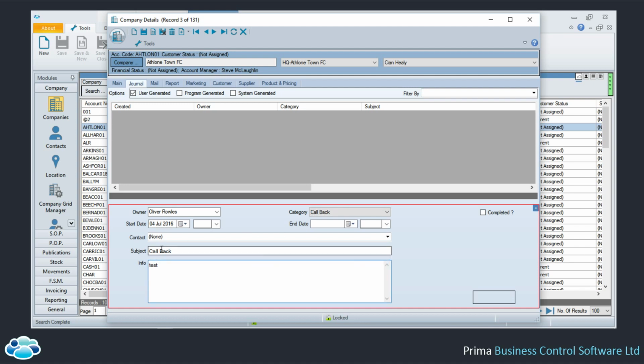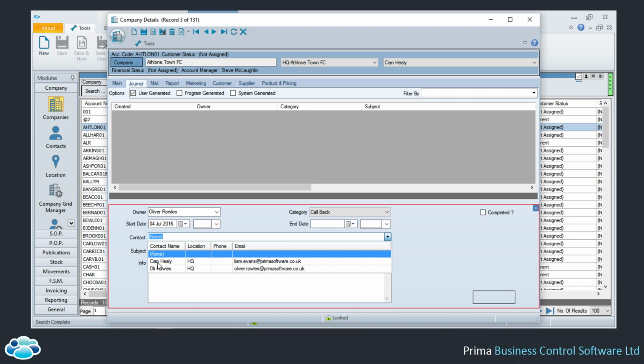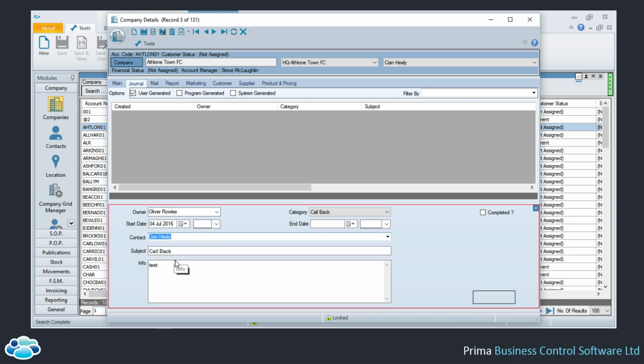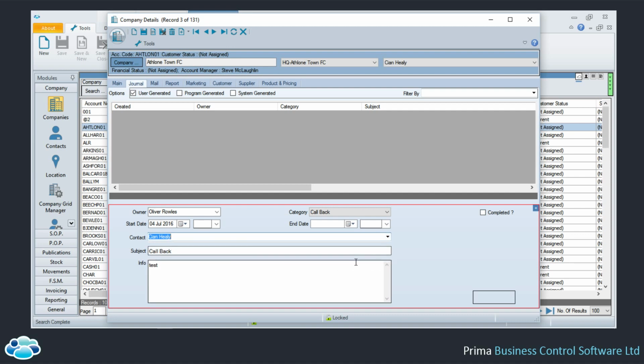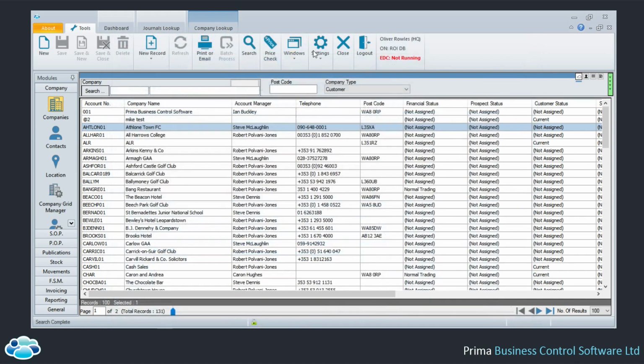We can also put a contact against it. So if I go into here, I can put it against Kane Healy. His email address was stored in there as well, as you can see, and his phone number would pull through also if it was inputted. If I just click save on that, that saves the journal against that company. So if I just close out of that, close out my company,